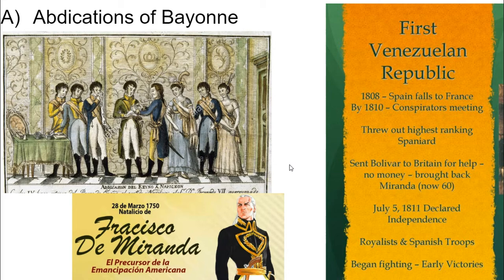And this is a good opportunity for us to set up these sort of governing juntas, these councils, in order to rule our own affairs. And so this starts to happen. And even more radical elements, like the precursor to all these revolts, Francisco de Miranda, he was an American patriot, and he had tried to overthrow the Spanish government several times before this. Finally, he's able to swing in, declare independence, and Latin America is free for a time.